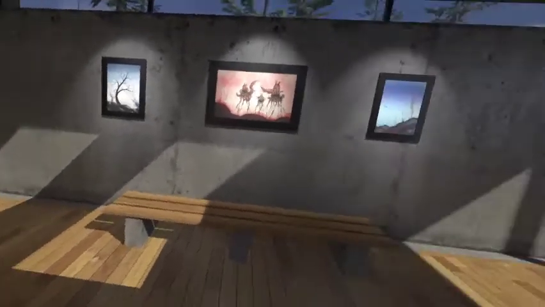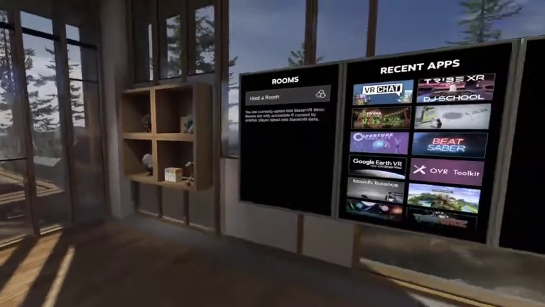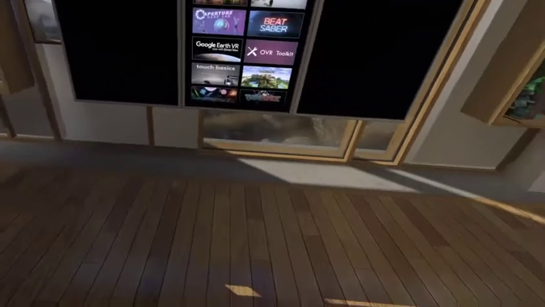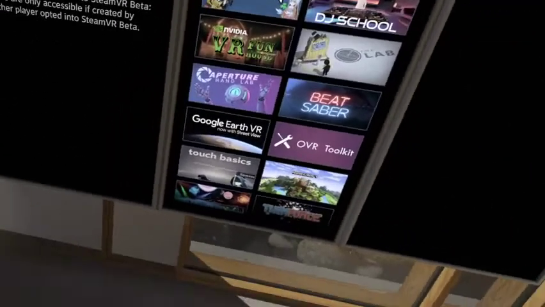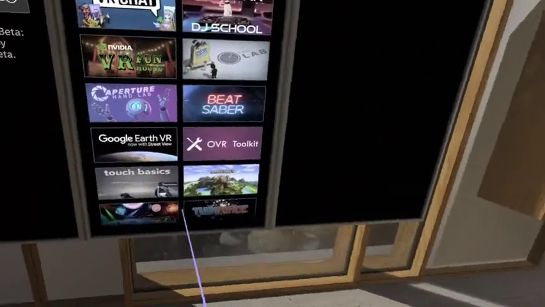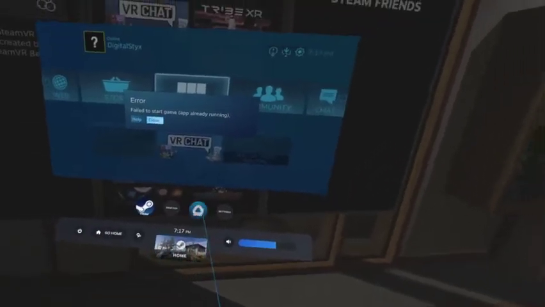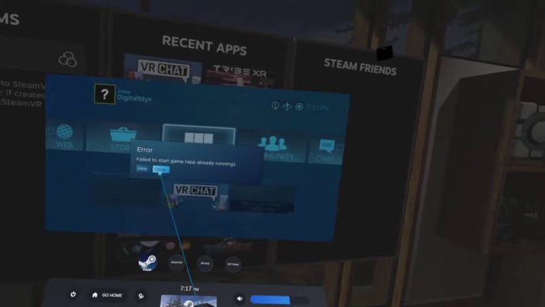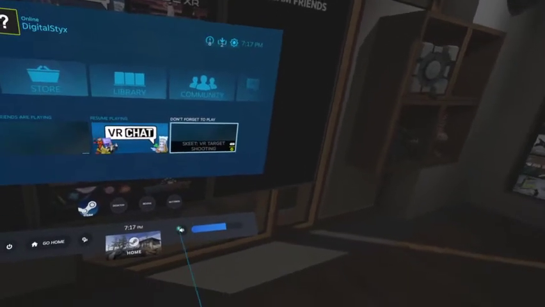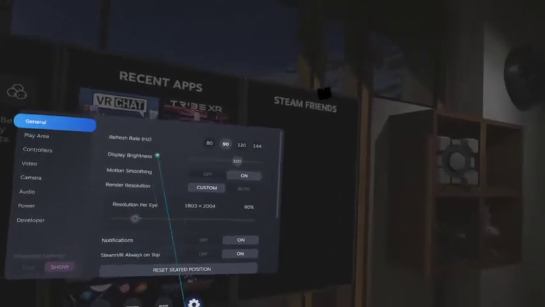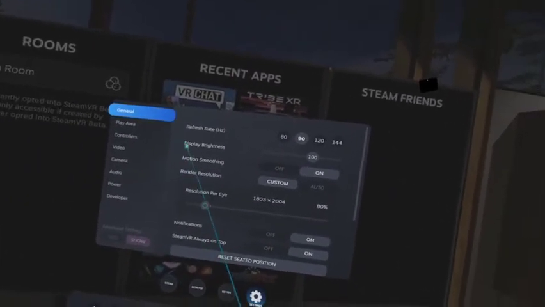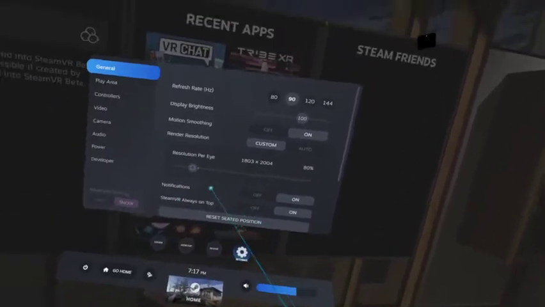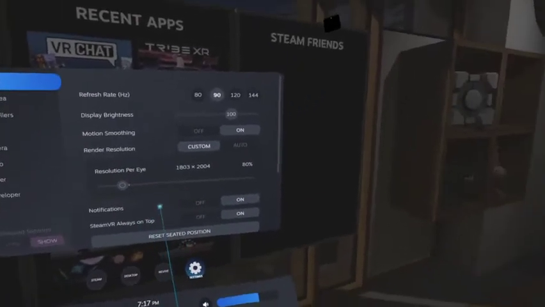Hey guys, Digital Sticks here, and today I'm going to show you real quick, and there may be some more attention coming to this soon, but this is the current SteamVR Beta, and I'm using the headset window, but it's got new features for, okay, so it's close. I'm not sure what's failed to run. Anyways, it has new features for the settings. We've got all these settings now inside SteamVR, available in VR view, as well as the same menu for desktop